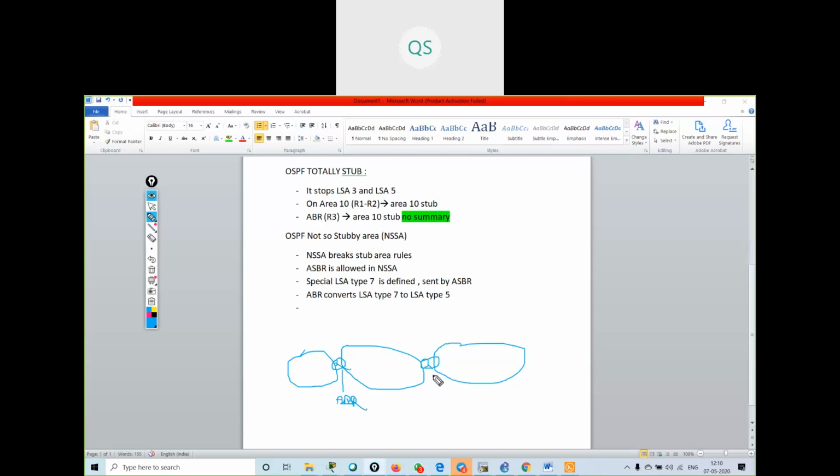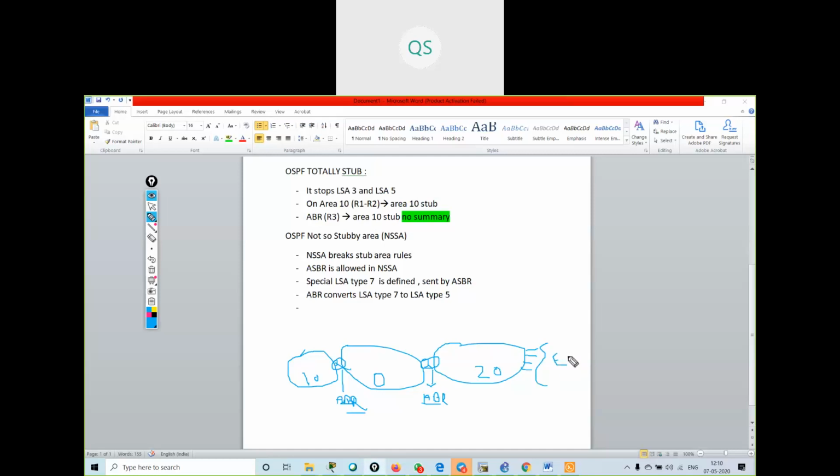This is also my ABR. Okay, these are my ABR routers. Then this is my area 10, this is my area 0, this is my area 20. Okay, now I am running EIGRP over here.